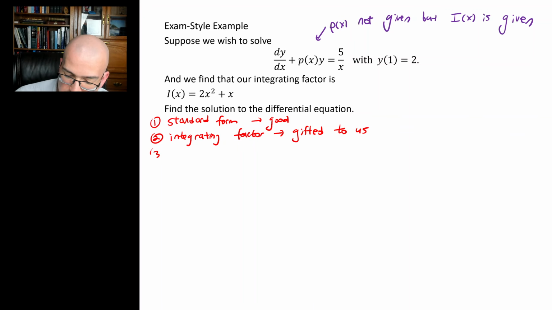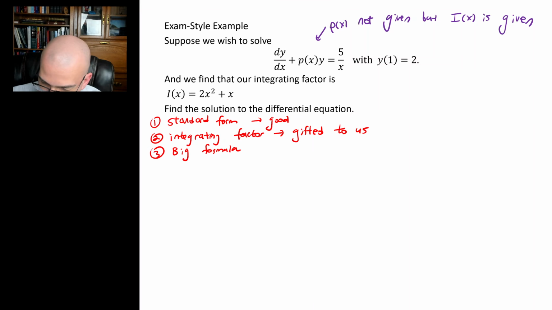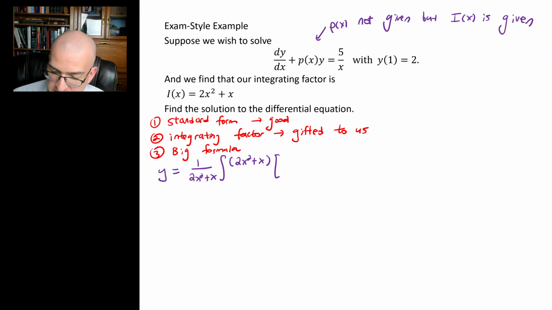We go right to step 3, big formula. So y is equal to 1 over 2x squared plus x times the integral of 2x squared plus x times q of x, which is 5 over x